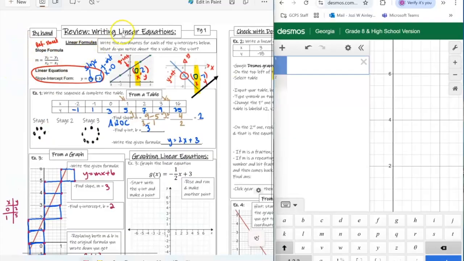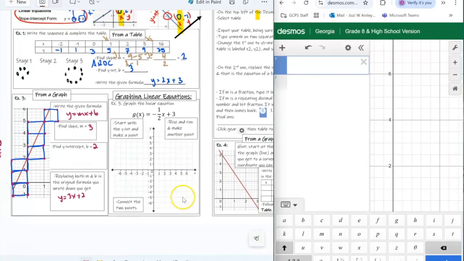Right, so we've taken a look at writing linear equations from a table as well as from a graph. Now we're going to go backwards. So once I'm given my actual equation, can I then graph it? And again, remember the focus of this, since this is just a review, is just making sure you understand how